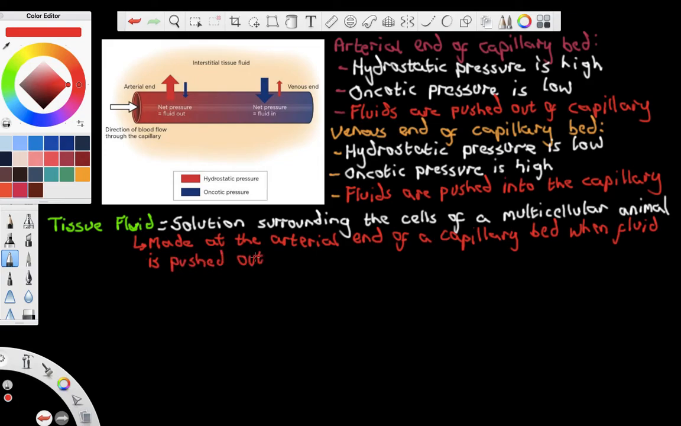It's pushed out of the capillary. Okay? So when the fluid is pushed out of the capillary at the arterial end, remember, because this hydrostatic pressure is high and oncotic pressure is low, this forms what's known as tissue fluid. Now, this is basically the same as plasma, except it doesn't contain any erythrocytes or any proteins. So it's similar to plasma,